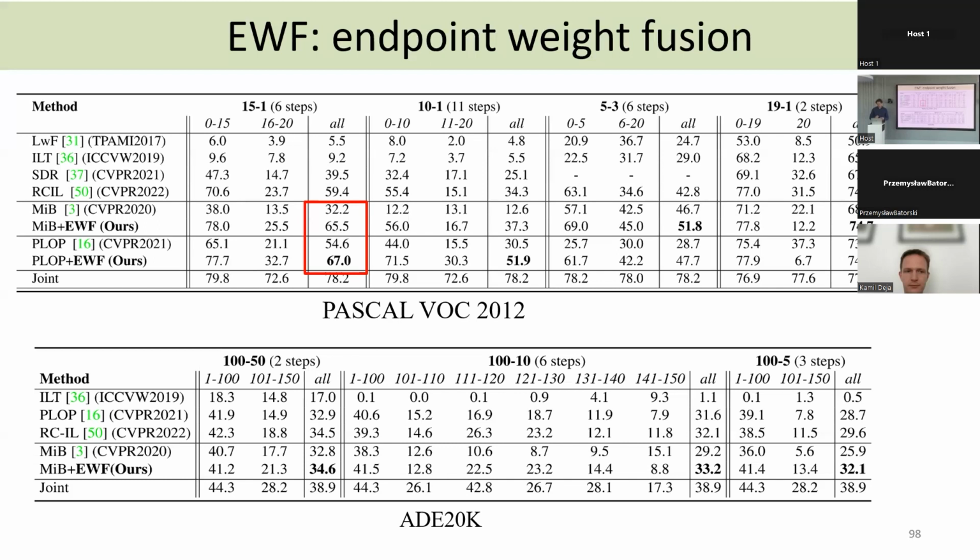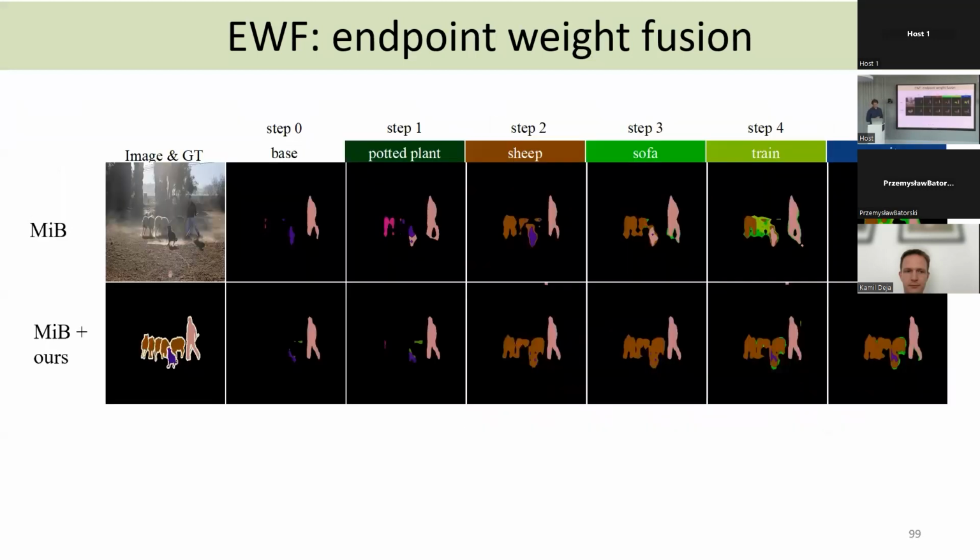So I think this weight averaging is an interesting idea, which maybe we have to also revisit in image classification or image classification-based continual learning again. Here we only did it in incremental semantic segmentation.